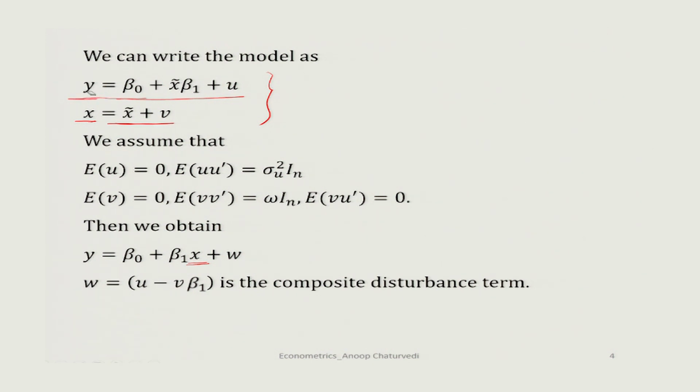So, we replace x curl by x minus v here, and so the combined or composite disturbance term is w equal to u minus v beta 2. This is the composite disturbance term. Now, this equation also looks like a simple linear regression model. So, of course, you can apply the method of least squares for estimating beta naught and beta 1, but then